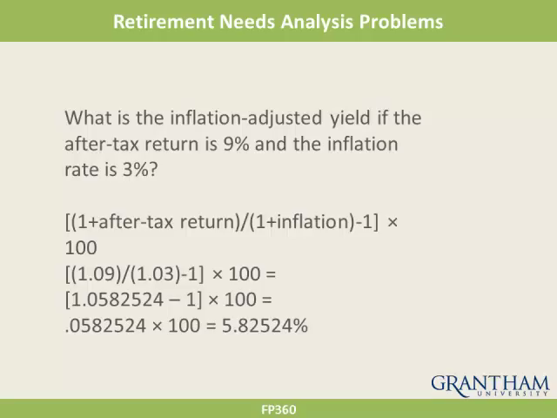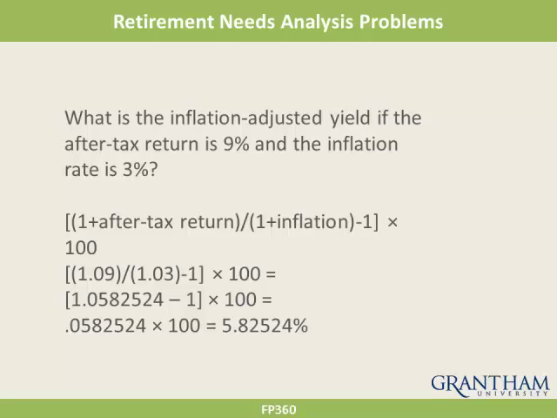So they might want to have payments that increase also instead of just getting a fixed income. So these are possible things that need to be taken care of in the calculation for retirement needs analysis questions. If the question clearly says that level payments are to be made, then we do not use inflation in the calculation. We do not adjust the interest rate for inflation. But if it does say in the question that the person is concerned about inflation and wants to have increasing payments, then we need to use what is on this slide, the inflation adjusted yield, to calculate the amount we